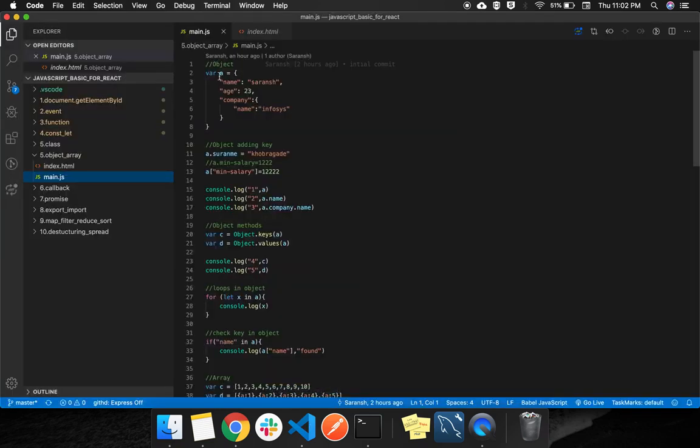In JavaScript, an object is basically a JSON, and every key of an object is in hashed form. So this is a nested object. We just write var a. You don't have to write var, you can write const or let also. There is an old naming convention, var, which is not recommended. Let's use let and const variables here.